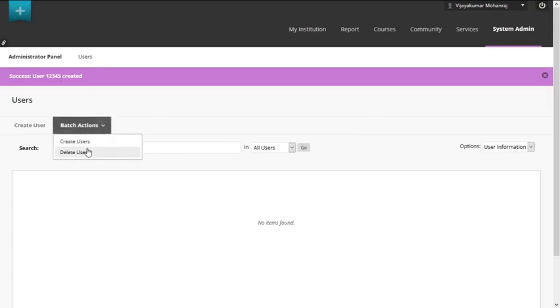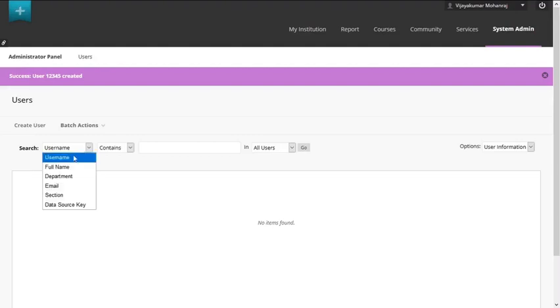Right. So if you want to see all the users, or if you want to filter all the users in Blackboard LMS which are all already enrolled, you can use this search option to search for a particular user. So we can search based on username, first name, department, email, section, data source key. And this is the filter we can apply: contains, equals to, start with, not blank.